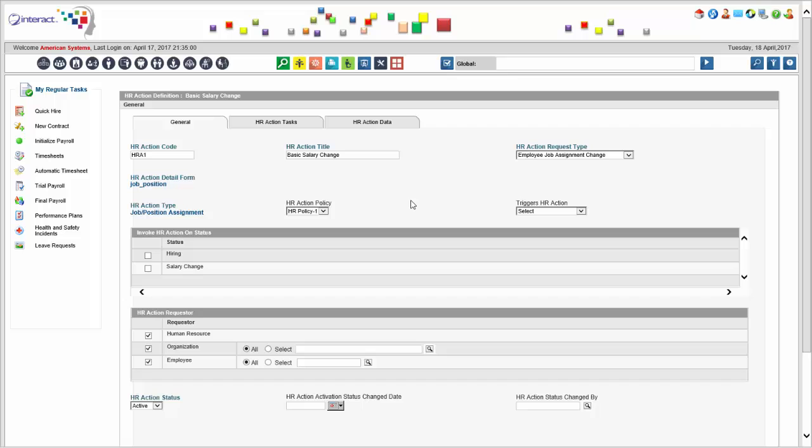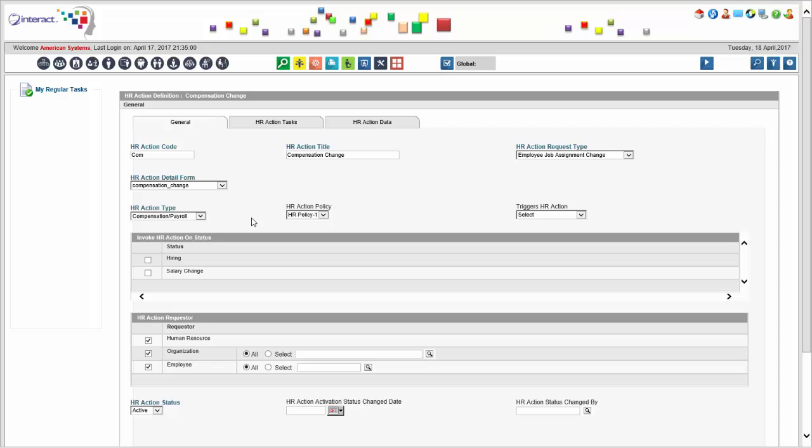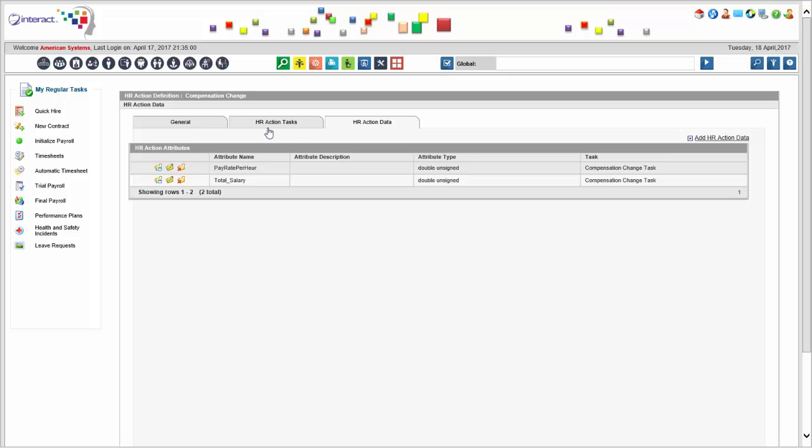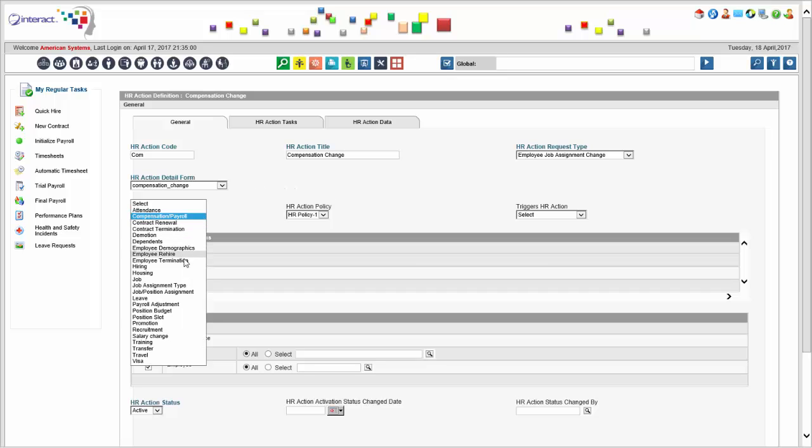But obviously you could have multiple tasks that are associated with that HR action. It could be associated with many other elements, and you can also set up workflow rules that connect with this. So see, here are some of the types of HR actions that we can define related to attendance, contract renewals, demotion, dependent information, employee demographic changes, hiring, housing for employees, payroll details, position slots, training and visa and transfer and